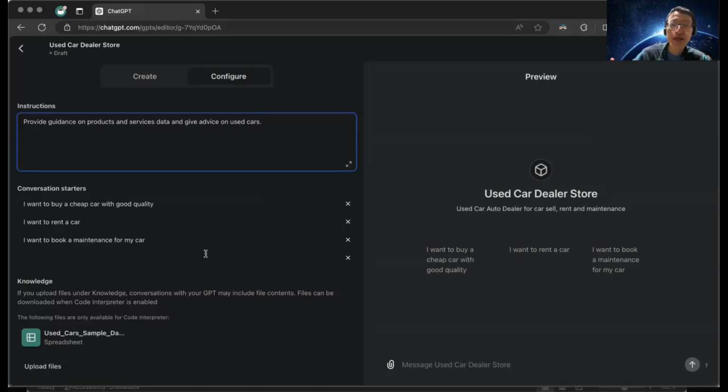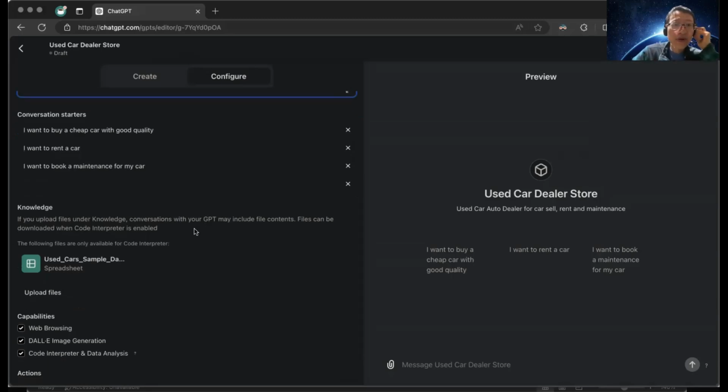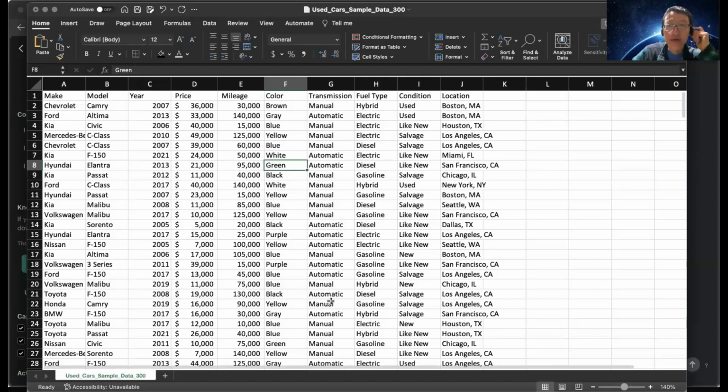By saying training, it's really just to provide some context about your specific business, which can include a bunch of files, say the CSV data, it could be the JSON, the Word document, etc. So I actually have a spreadsheet about our used cars business data, which has the information about the cars that we hold, that has the car makes, the models, and which year it was